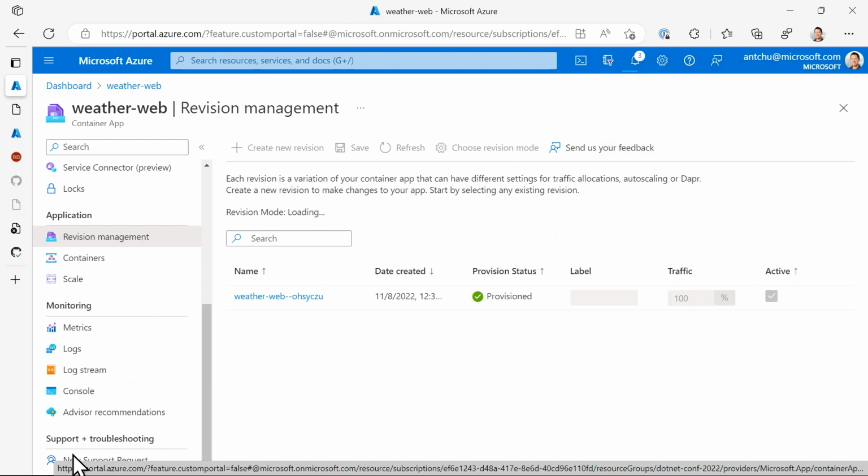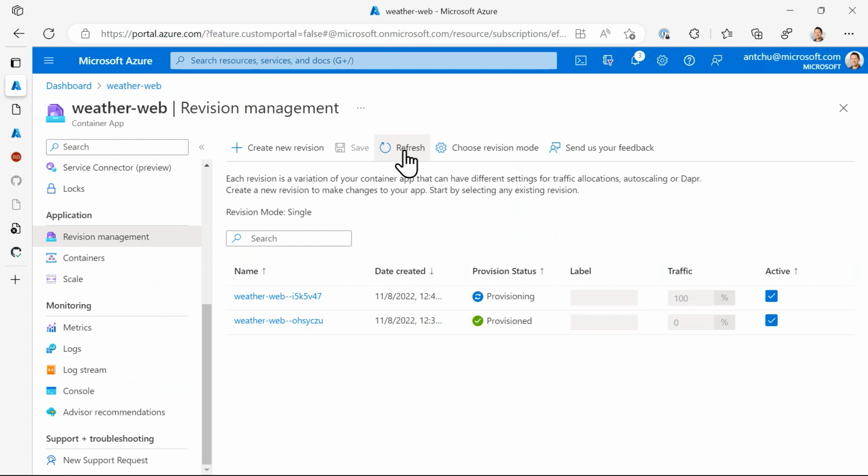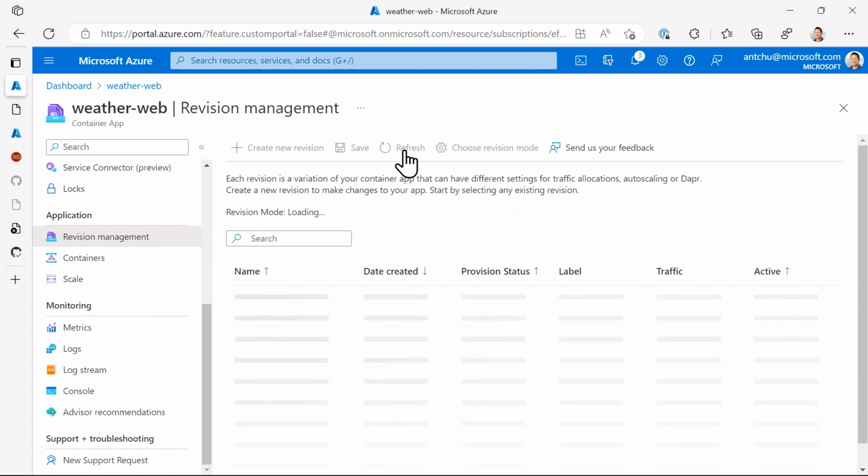So that's going to take about maybe 30 seconds or so to do, or maybe sooner. So you can see that the revision is now provisioning. And we recently added support for zero downtime deployments. So it's actually going to keep the old revision up and send 100% traffic to it still until the new revision is up and ready and running. And if you have any health probes that you've defined for that application, it's actually going to wait for all those probes to pass before it redirects traffic to it.